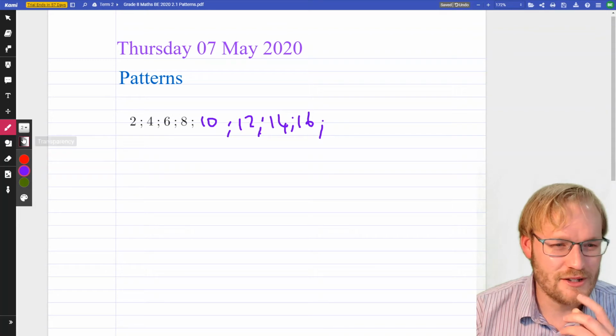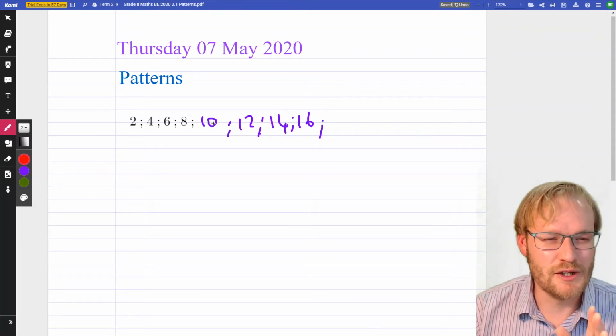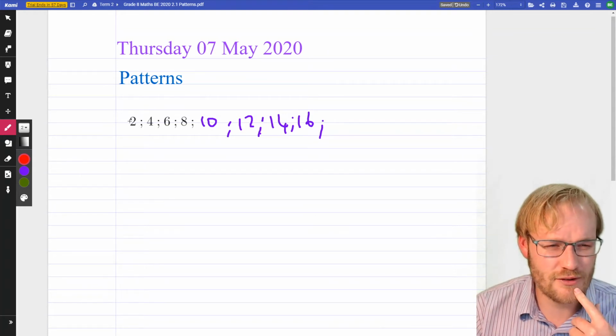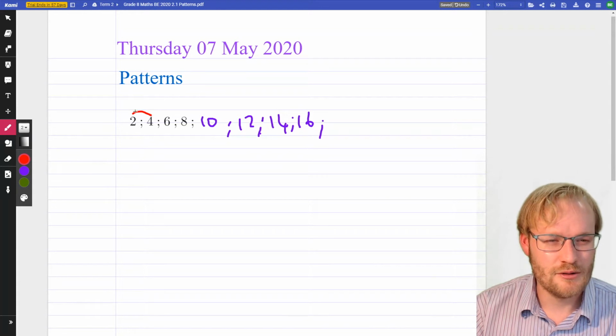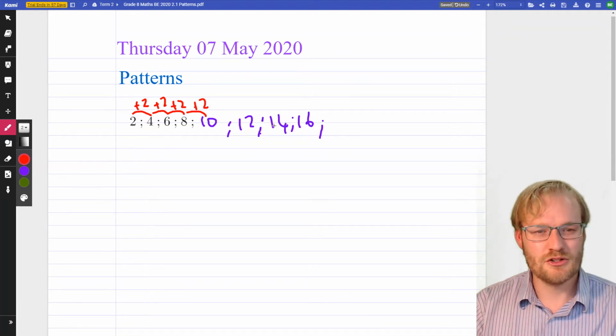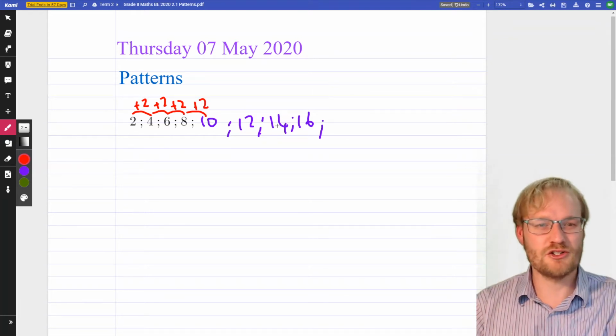So let's go from there and say, but what actually are we doing here? How do we know that it's going to do that? Well, to get from one term to the next term, what are we doing? Well, from that one to that one, the thing that we're doing each time is just adding 2, adding 2. So at any stage to get from one term to the next term, you just need